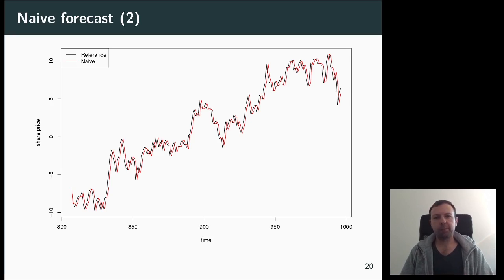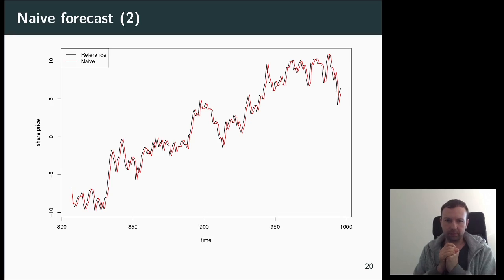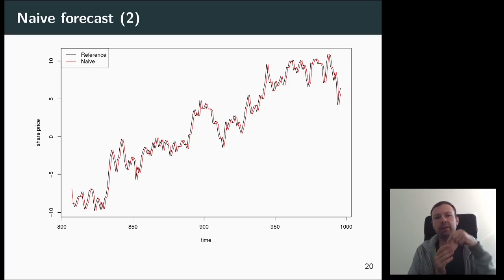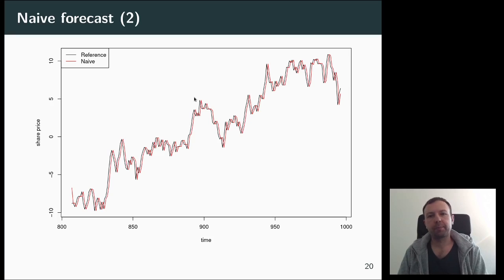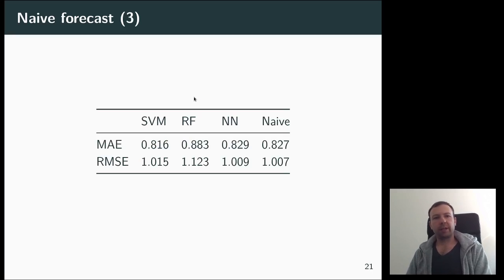But the problem is that these plots usually tend to be quite misleading, because it obviously doesn't matter what the error is in the horizontal direction, but the error in the vertical direction, and that can actually be quite big. So yeah, good. Now let's calculate some errors. We now see that the naive forecast is best on the RMSE. On the MAE, our SVM is still best, so our paper is still not lost. We can still try to go ahead with it.